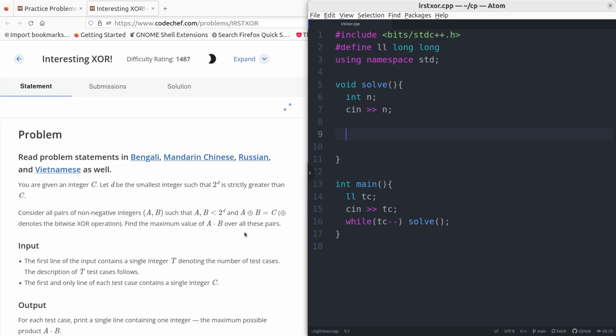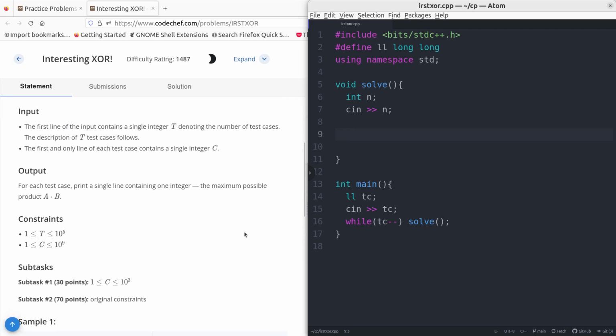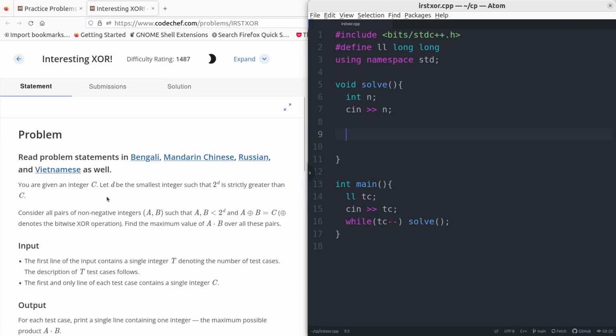Like we know that if 2 power d is equal to x, okay, they will be giving us c as the integer. Since 2 power d is c, then we can find d using the logarithm. Log 2 of c will be d, right? After getting that,